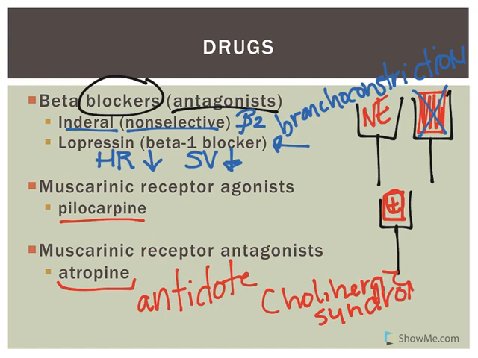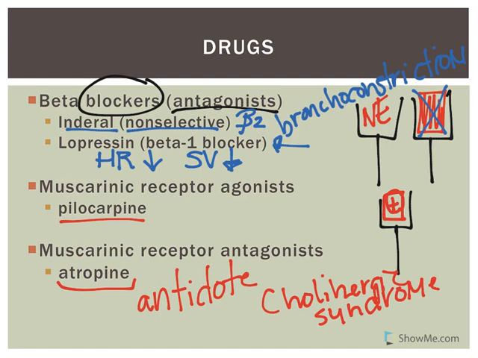Where there is an instance where the person is releasing an excessive amount of acetylcholine to their system, or they've been given a medication that causes excessive activity of acetylcholine, it can actually be used to block that receptor. So it's an antidote for something called cholinergic syndrome, which can be a result of organophosphate poisoning or ingestion of certain types of mushrooms, and we're going to use the example to kind of review what